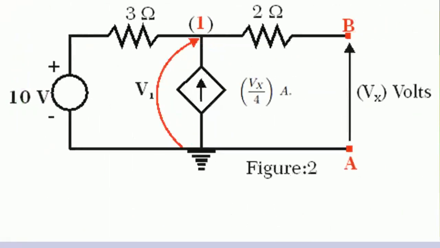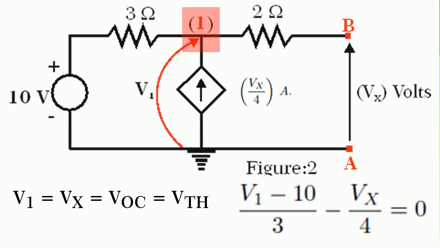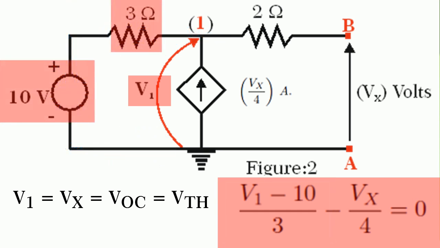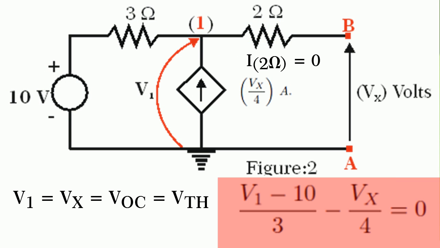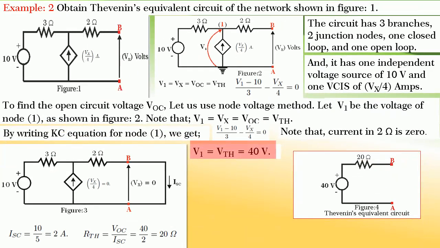To find the open circuit voltage VOC, let us opt for node voltage method and let V1 be the voltage of node 1. Note that V1 is equal to Vx is equal to VOC is equal to V Thevenin. By writing the Kirchhoff's current equation for node 1, we get V1 minus 10 divided by 3 minus Vx by 4 is equal to 0 because current in 2 ohm resistance is 0. By solving for V1, we get V1 is equal to 40 volts and hence V Thevenin is equal to 40